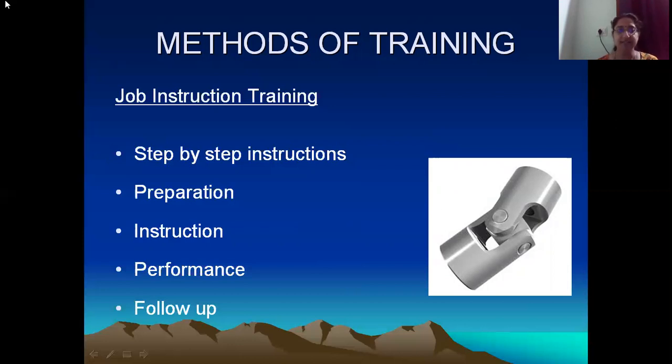The first step here is preparation. When preparation is being done, the supervisor has to follow some guidelines. First of all, the supervisor has to put Jacob at ease, make him comfortable, be a little friendly with him initially. If he is going to scream at Jacob initially itself, Jacob is going to get irritated. He may not even be willing to learn the training process, and ultimately it's not going to benefit anyone. So first put him into a comfortable environment. This is what preparation is.